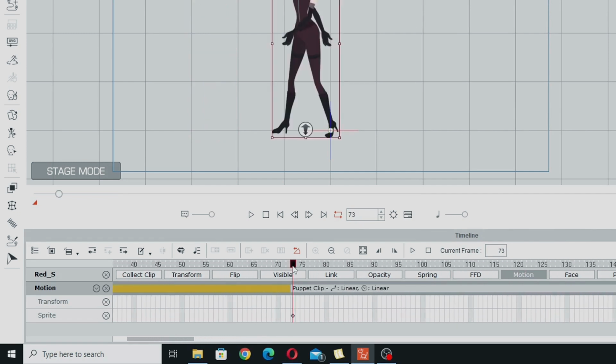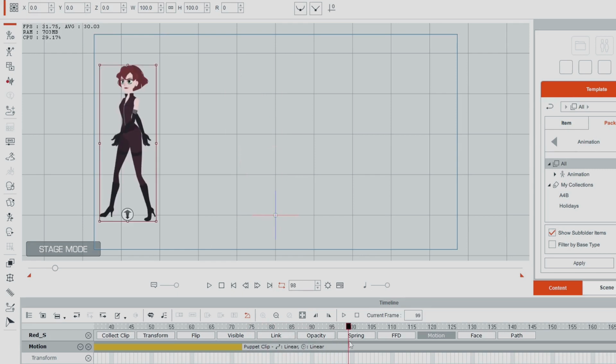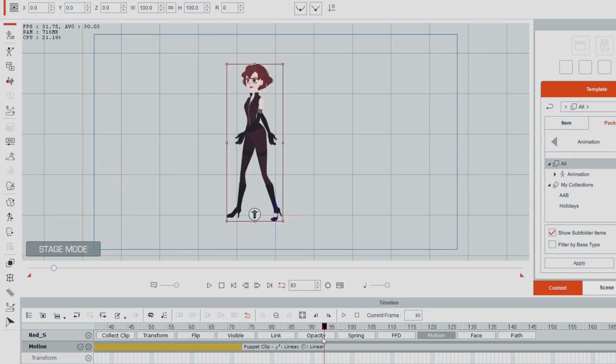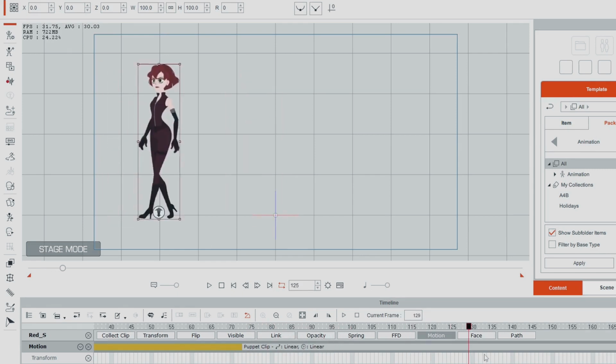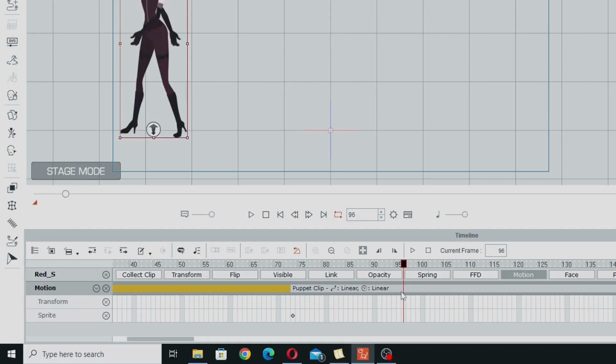So you see here at the very start, the first thing she actually did was flip to the beginning of the timeline, and that's because that's where the pivot point was for that part of the clip. Then once we started moving the mouse, you'll see she flicked over to the position we want her in and then started walking backwards. So what we need to do is get to the exact point where she flips, and we're going to break this clip there